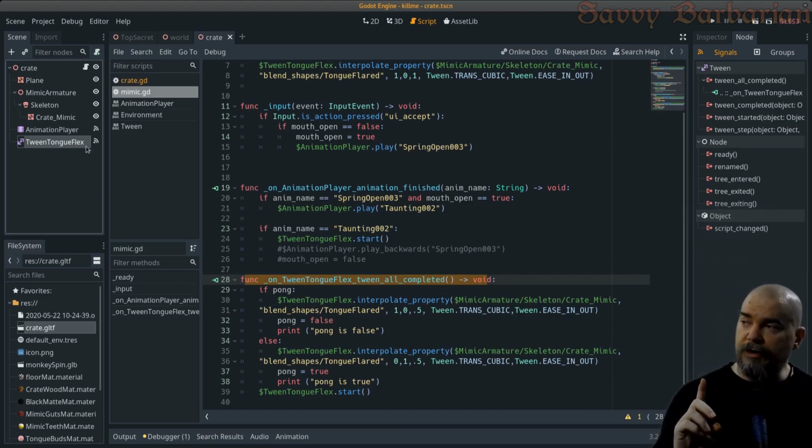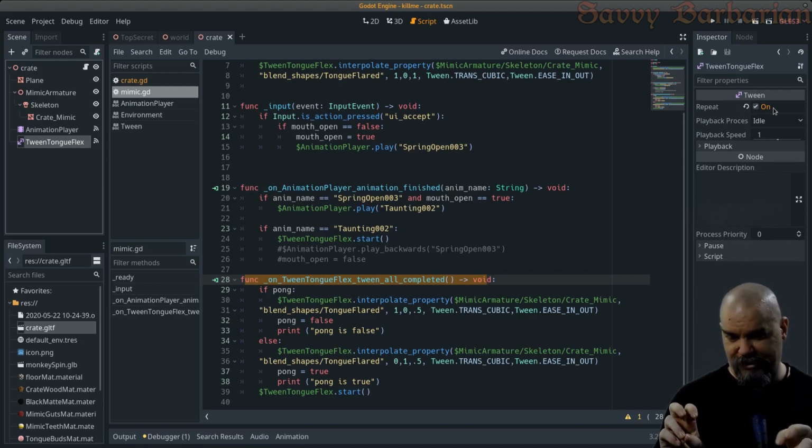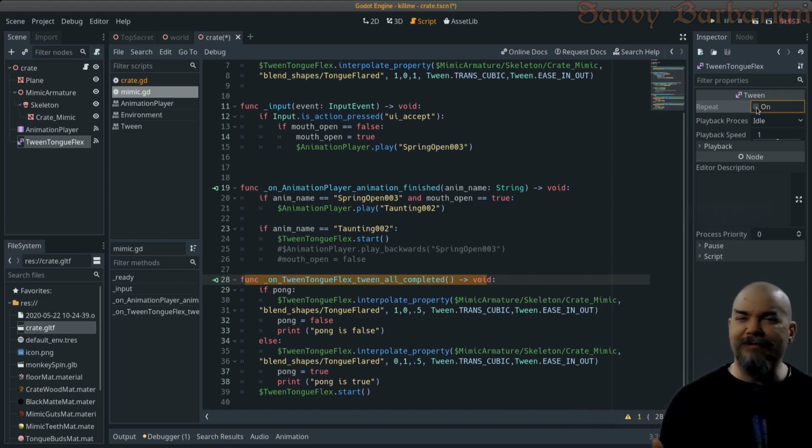If we click on the tween, remember when we turned on this repeat function? I'm thinking that since this thing is repeating ad nauseam, it's never finishing, right? It's just looping. So it's never sending the "I'm done, I will now call this function." That's my guess here. So let me turn that off. Plus I don't need it anymore. I don't need that to repeat here,